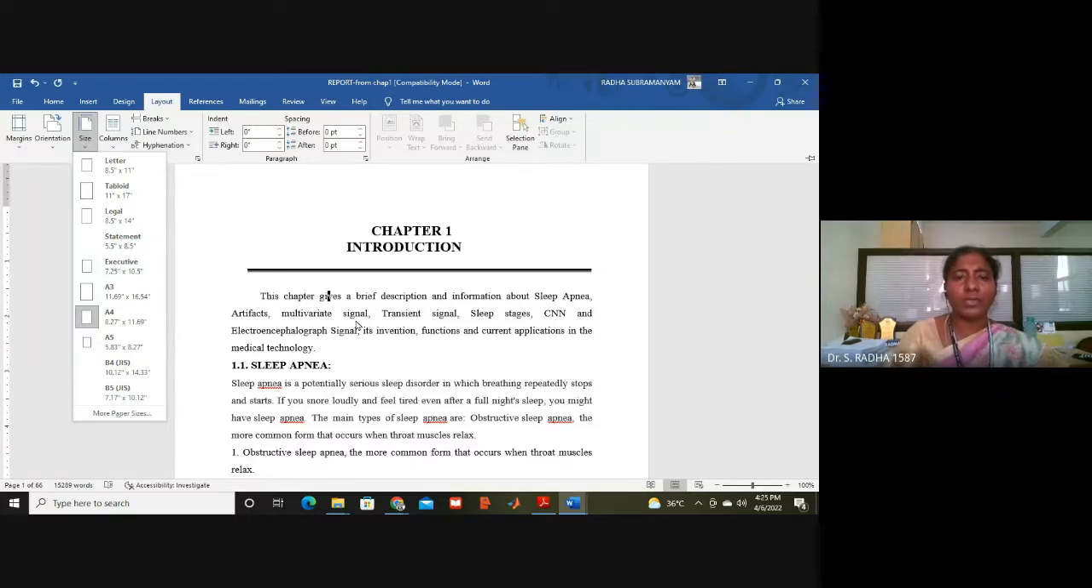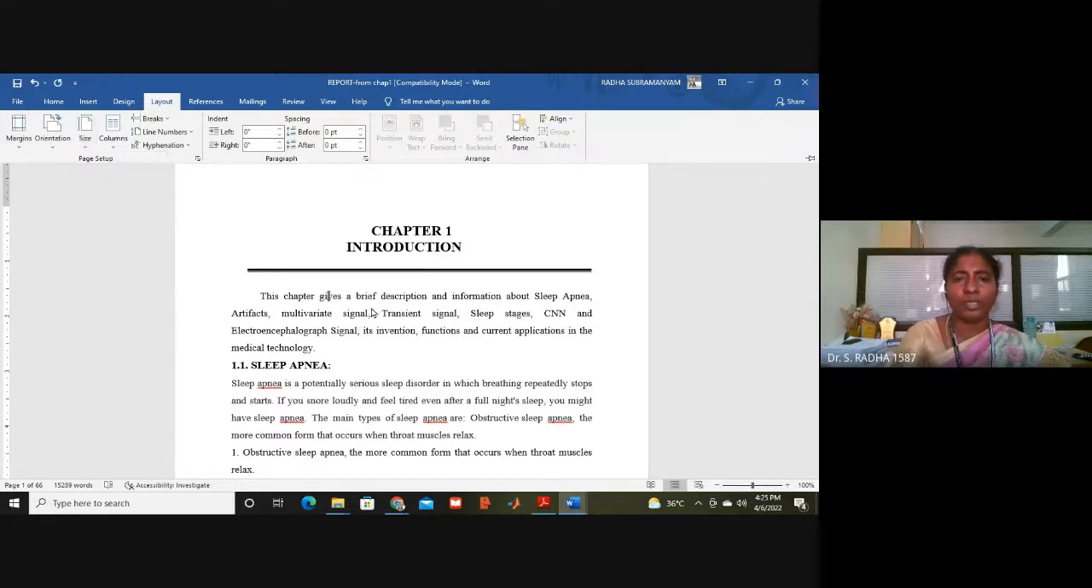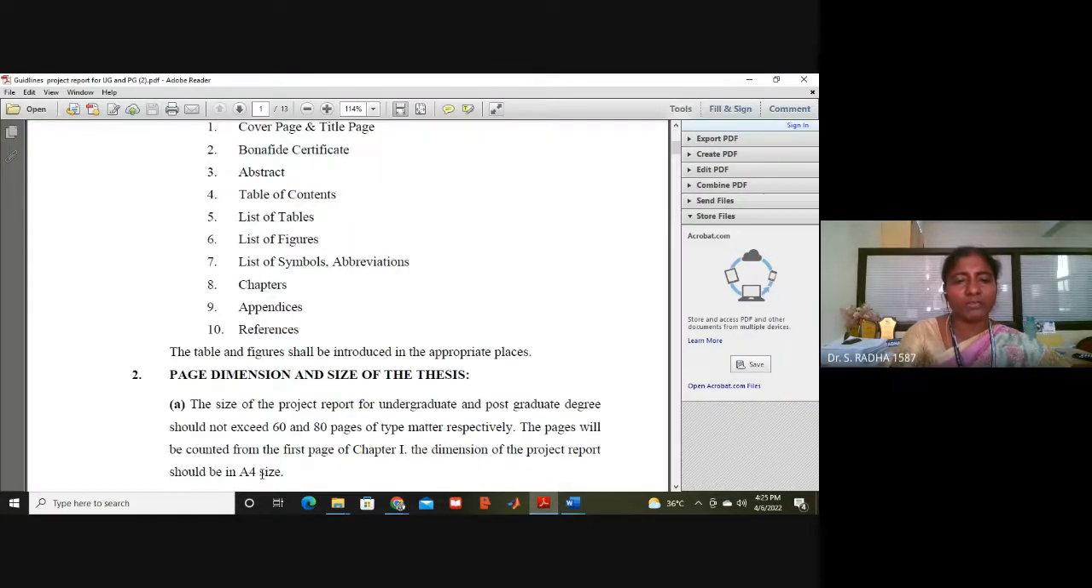Okay, after doing alignment, if you change the page size, again everything will be disturbed. So first thing, when you open the report book, you have to check whether it is in A4, because in the guidelines it is mentioned A4 size should be used. Okay, this is about